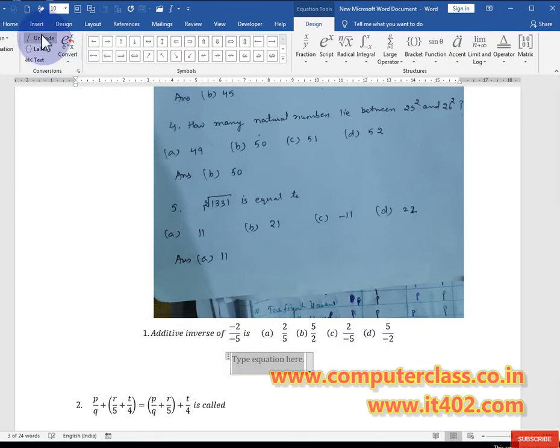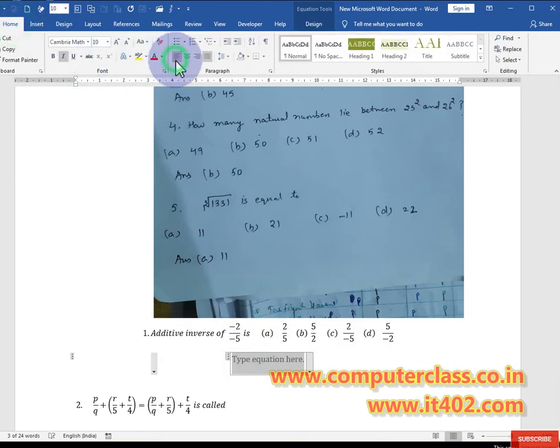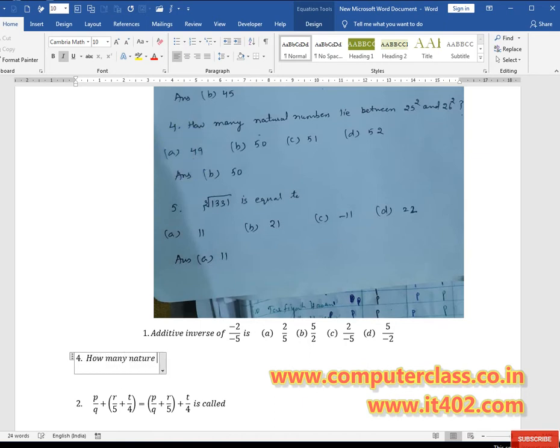Just create an equation, shift that equation to the left side and write question number 4. So here is the point.